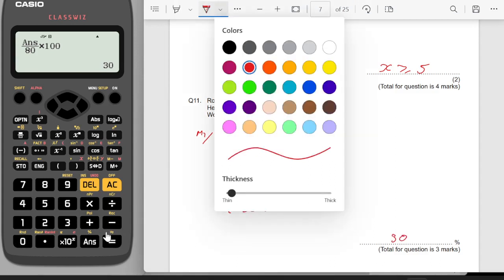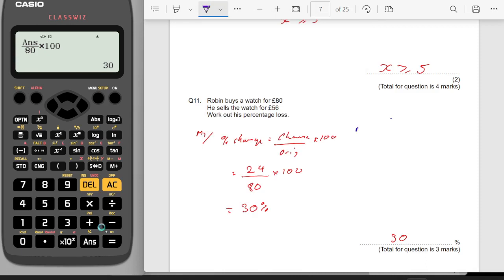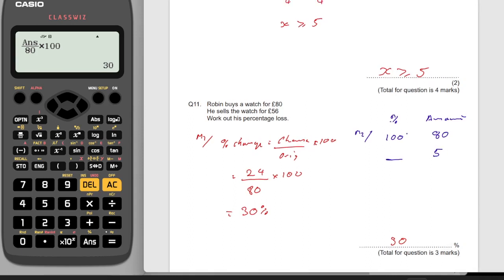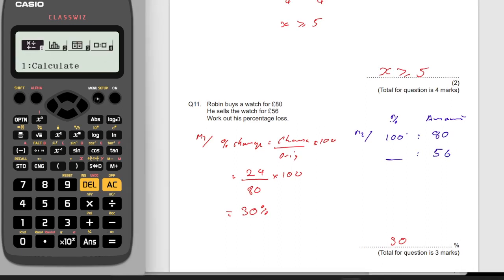So I'll show you a quick second method. If you're not confident with this, really don't worry about it particularly. So 100% of the amount is equal to 80, and we want to find what percentage 56 would be equal to. And we can use our calculator for this, so we can use the ratio mode on our calculator, and we want to find this value here, so that's going to be mode